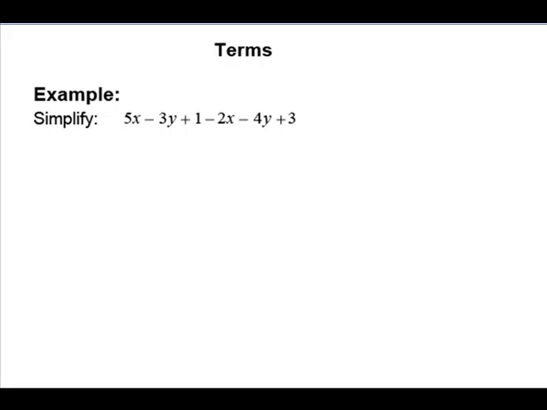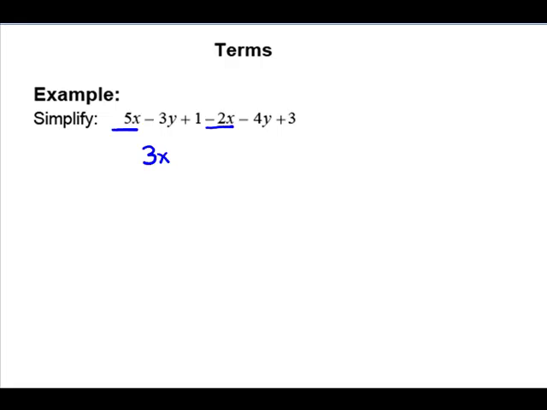Now we're ready for a more advanced example. Simplify, and we'll pick out the like terms. So first we'll do the x terms. 5x and minus 2x. These are different signs. We're going to subtract, sign of the larger, so positive, keep the variable. Then we'll